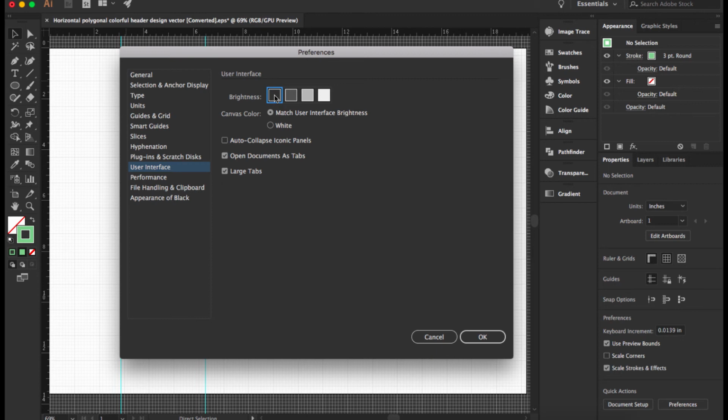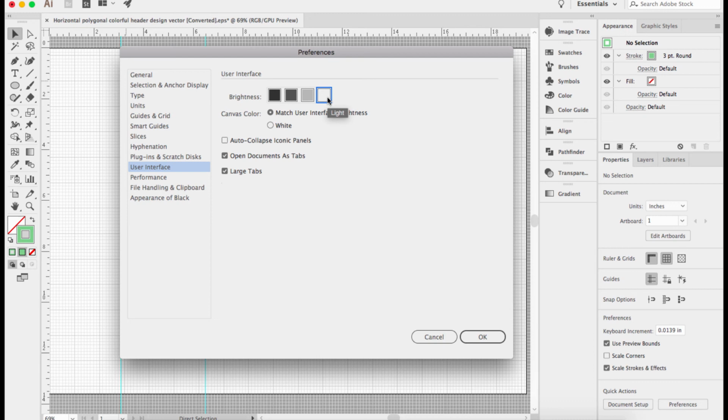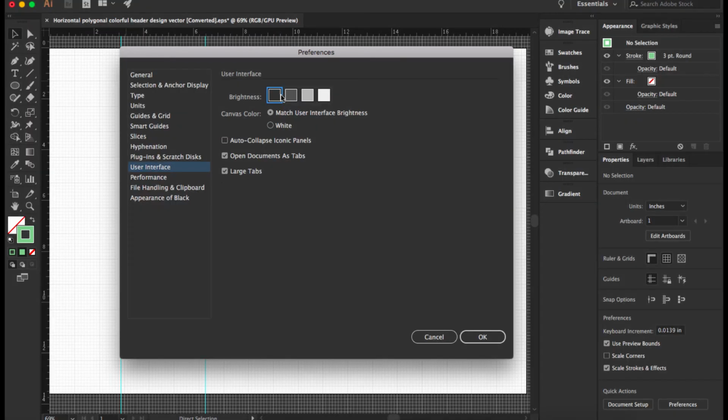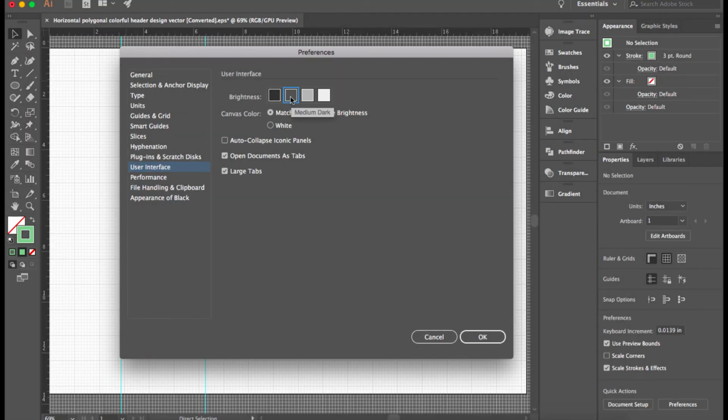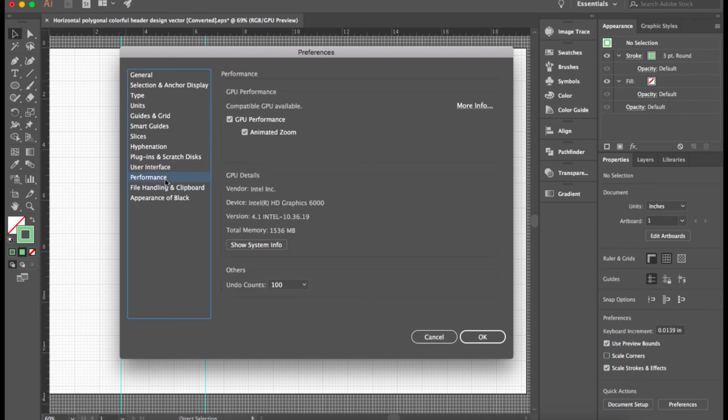Does a couple things for you. Helps you focus on your work, lets colors pop a little bit more, and your eyes aren't distracted or strained by excessive illumination. So the darker ones are definitely going to probably make everyone's life a little bit easier. It just depends on how dark you want to go. And this is all fine. Performance-wise,